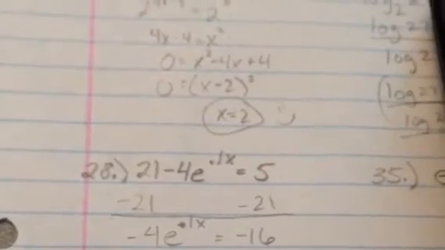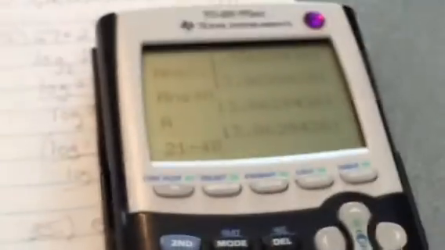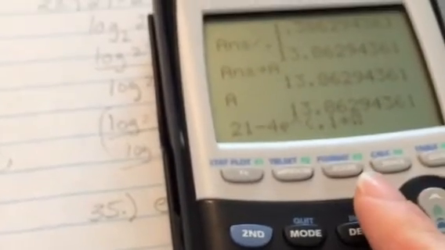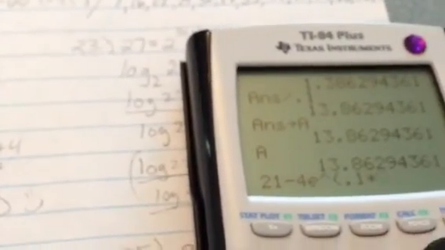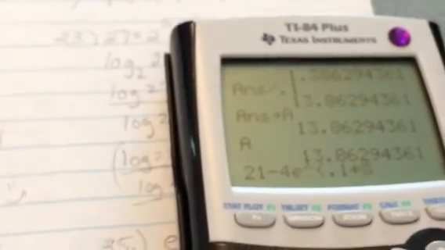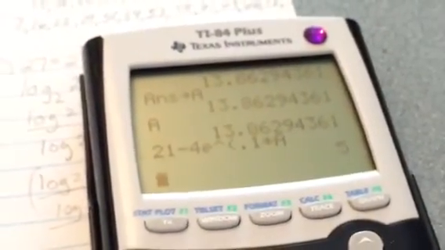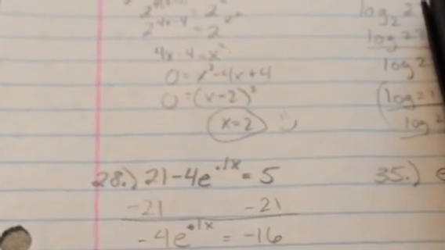So all I have to do is press 21 minus 4e to the 0.1 times that answer, and that answer is A. Oops, I didn't mean to press second. I meant alpha. Alpha A. And I get 5, which is exactly what I should have gotten. So I double checked that I got my answer right. You might want to rewind and watch that. Hopefully you'll understand it. All right,